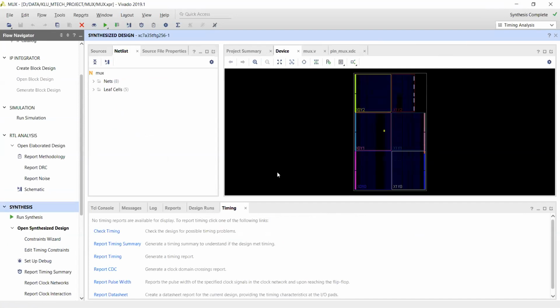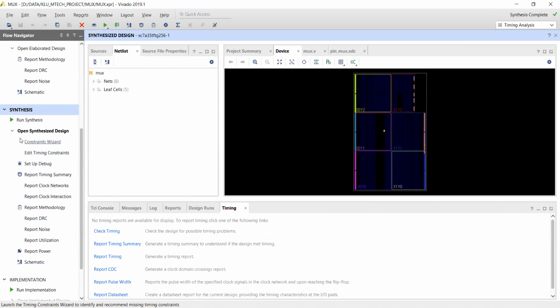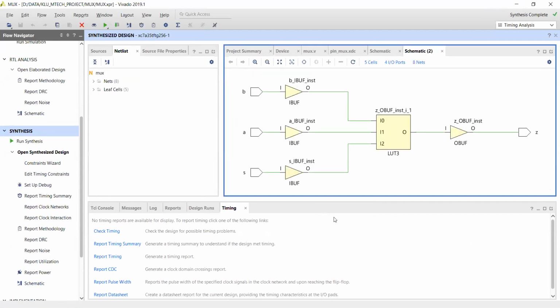Now you can understand that there is a schematic. This is my schematic in the synthesis part. Above also one schematic is available. See, this is the RTL schematic. This is a synthesized schematic. This schematic gives you the technology schematic, and the previous schematic is nothing but the RTL schematic. The variation has been there. If you want to identify that, this is called